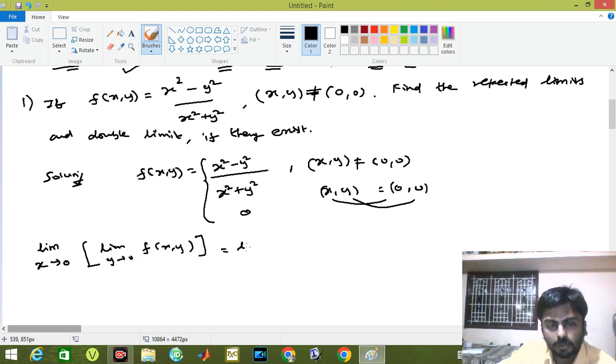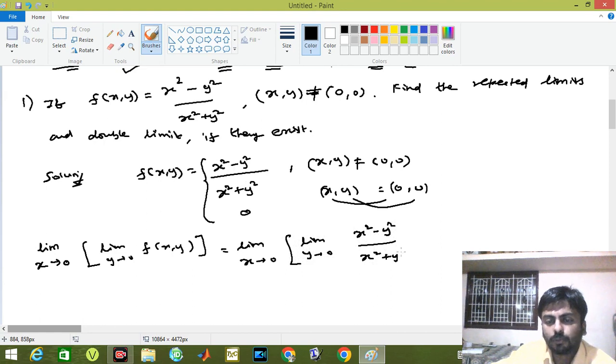It equals limit x tends to 0, limit y tends to 0 of x square minus y square by x square plus y square,